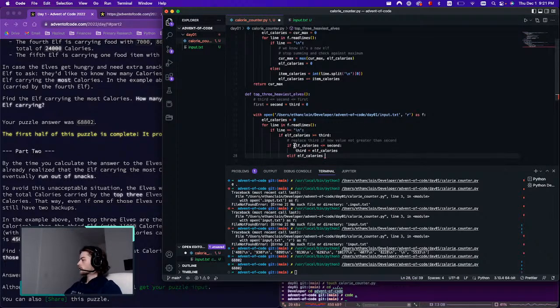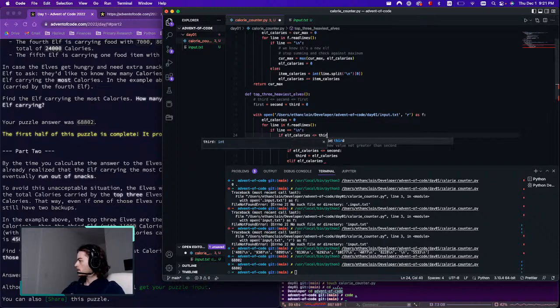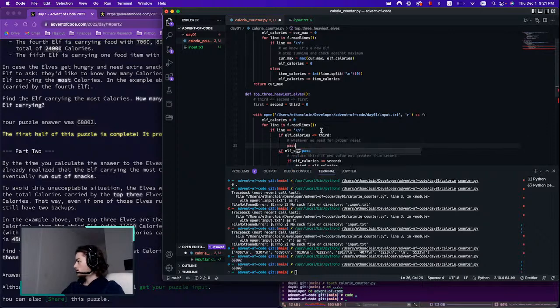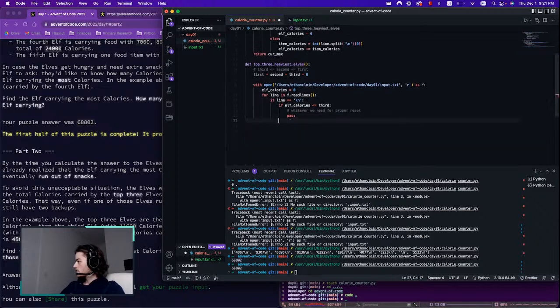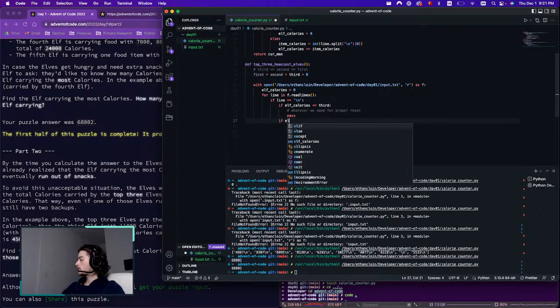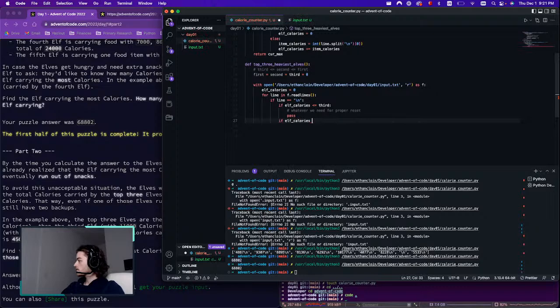So let's keep it consistent just for my brain's sake. So let's do guard clauses instead. Okay, so if elf calories is less than or equal to third, then continue. Do whatever we need to do to reset. Whatever we need for proper reset, right? So if we make it here, then we know that we're greater than our third. So if elf calories less than or equal to second,